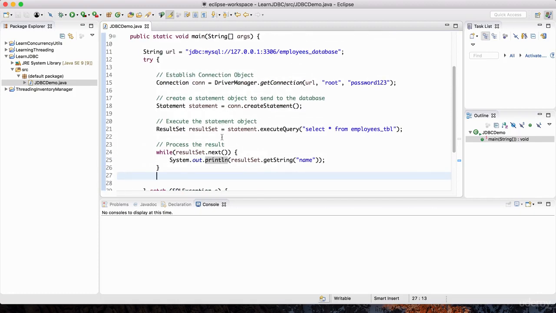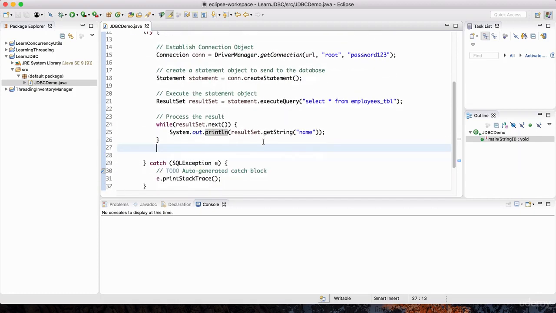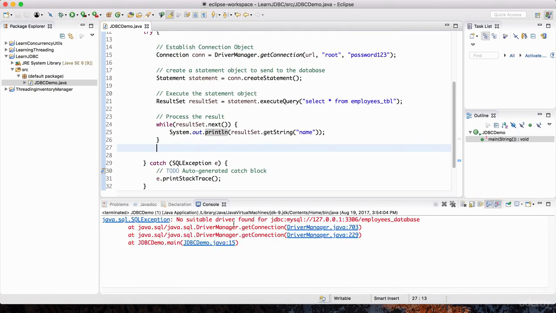Now, very important point. We can't just run this the way I have it here. If I run this, let's just hit play. Notice it's saying no suitable driver found for this particular MySQL database. So remember that driver that we downloaded in the lecture before the previous one? That driver needs to now be inside of this project. So the way we're going to do that is I'm just going to